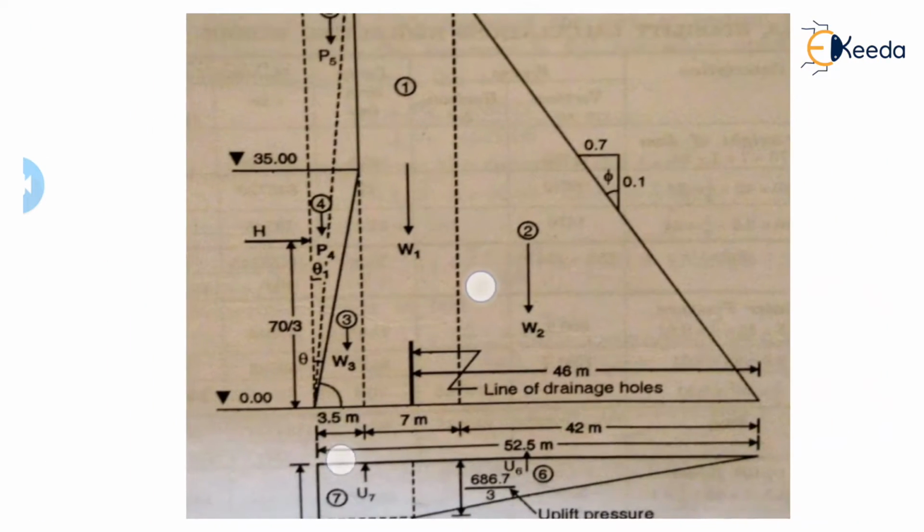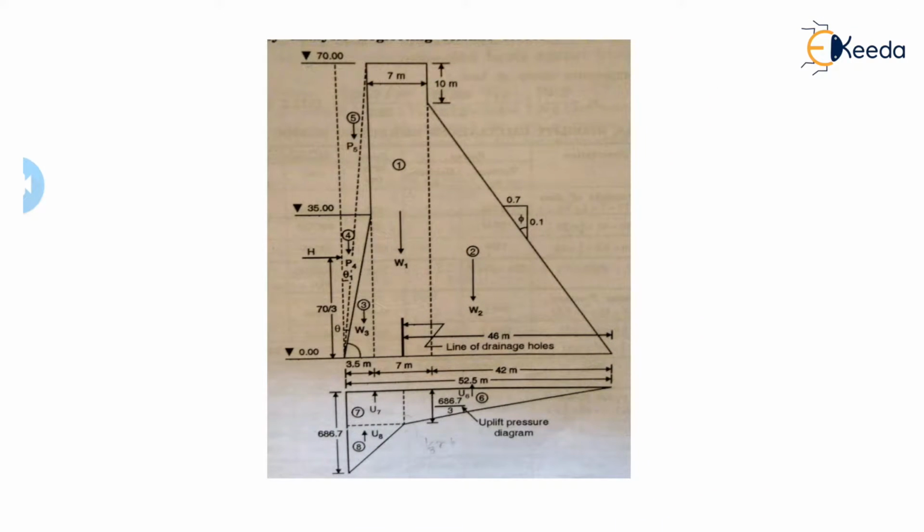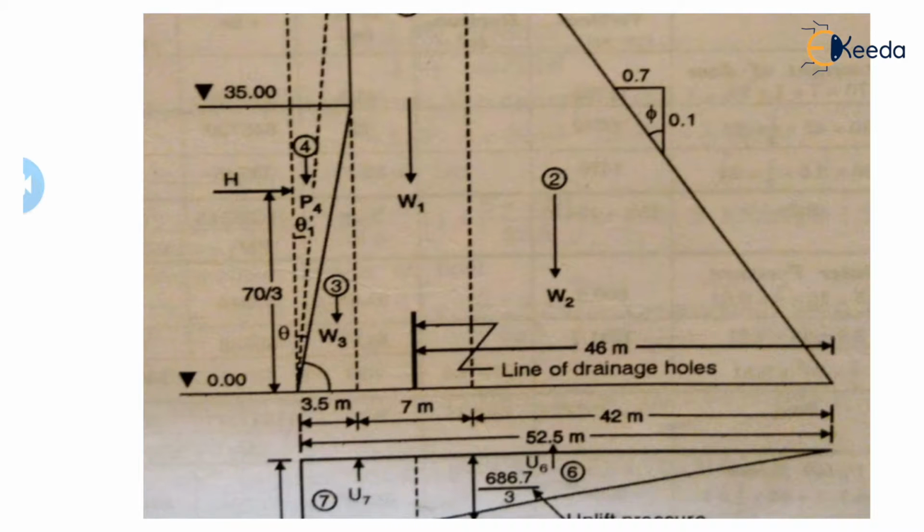mathematical shape. So by observing this, you can easily find out the forces, the vertical downward forces. Always the self-weight will act in the vertical downward direction. So how will we find out the self-weight? For W3, the third section, you know that this is a triangle, so half into base into height. This is your area. Then you multiply this area with the unit length and unit weight of the material, then you will get the force in kilonewton.